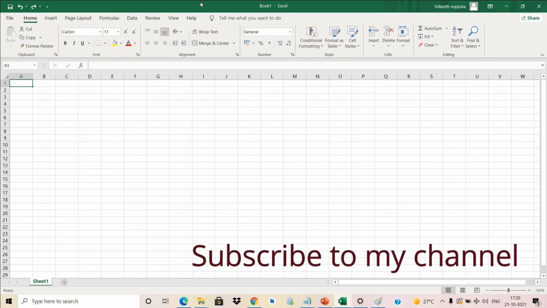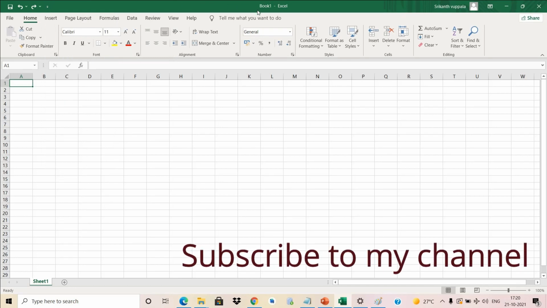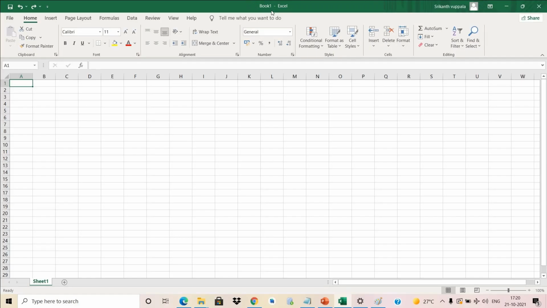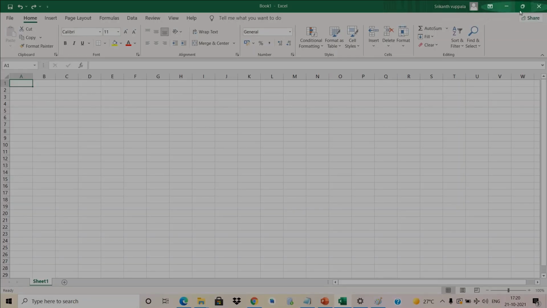Come just beside the quick access toolbar, you can see here the highlighted area. It says Book 1 Excel. So this is basically the file name which we give while saving the Excel sheet. At the end of this session, I'm going to save this Excel sheet and you will see the workbook name in place of Book 1. When you come to the top right hand side, if you use any logins, you see your email, your name here. So these are a few options which are available.